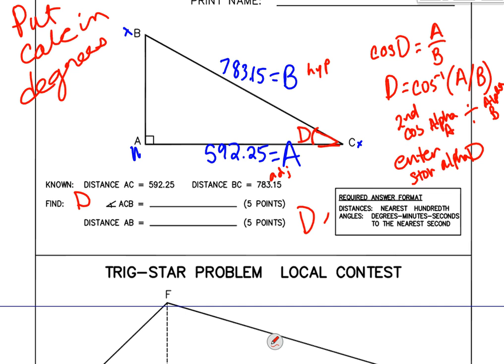So I've got my D, enter, and I've got my 40 point, blah, blah, blah. And then I'm going to go, oops, clear. Oh, mine turned off, or I turned it off. And then I'm going to go second angle. And then do you see what number 4 is? Yep, second angle,